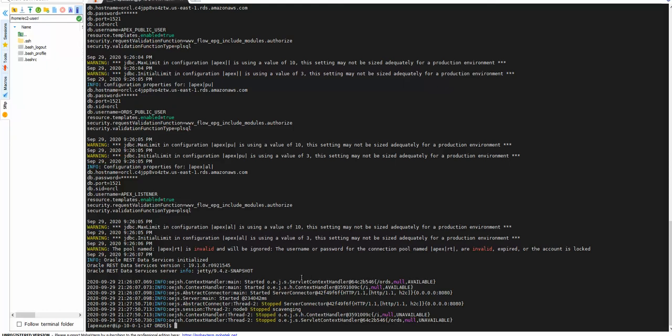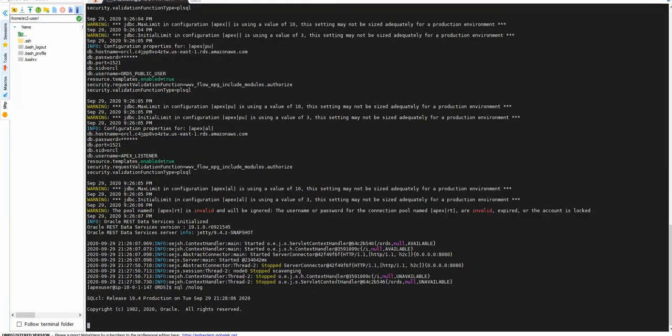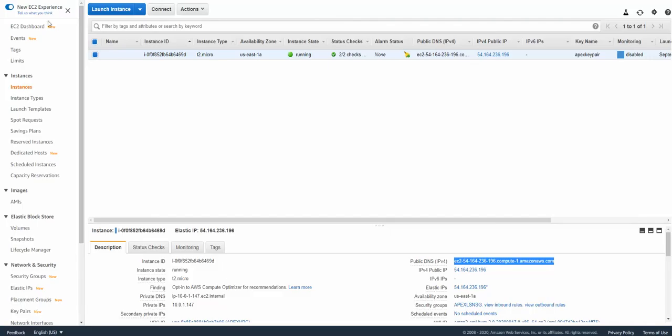All right, that's good. Once we've exited, we have to connect to SQL again, SQL as nolog. Once connected to SQL nolog, we connect to our database instance again. This is not the EC2.